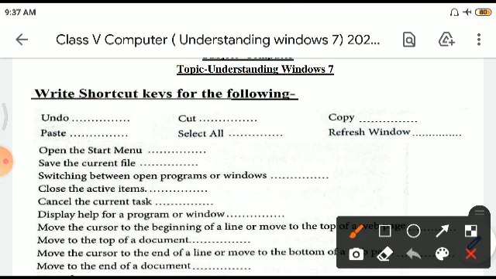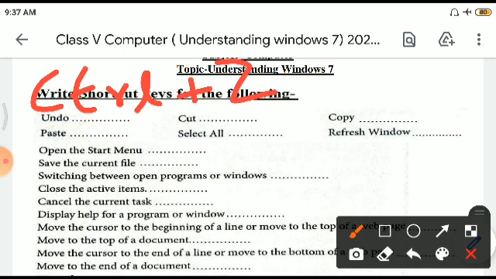For undo, the simple command is we press two keys. First is control, Ctrl. I'm writing the control key, and along with that we have to press the letter Z, both together. First you press the control key and then you put your finger on the Z key where alphabet Z is written. And then press it. You will find that whatever you have done gets undone and the previous thing which was there appears on the screen.